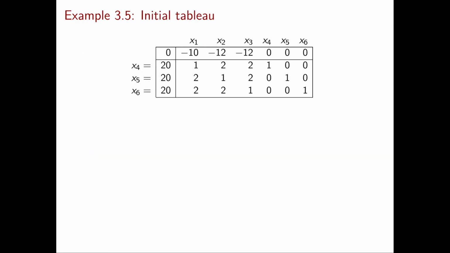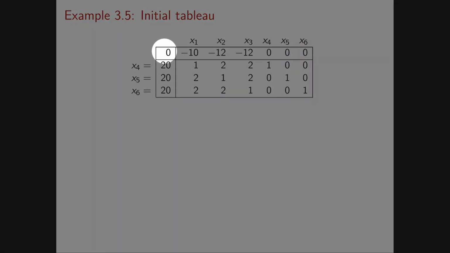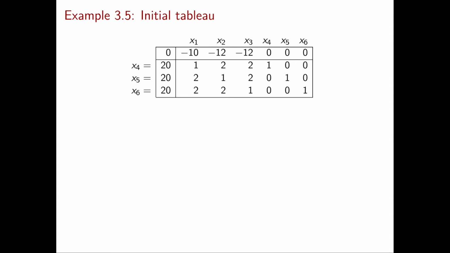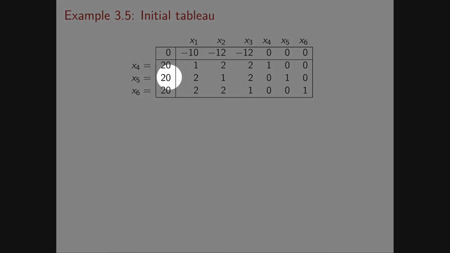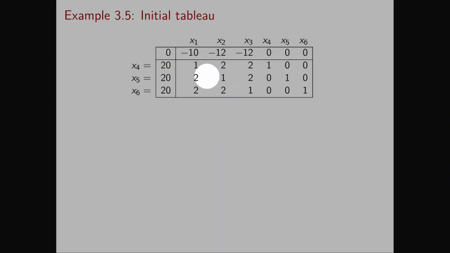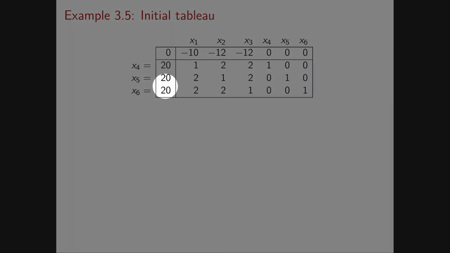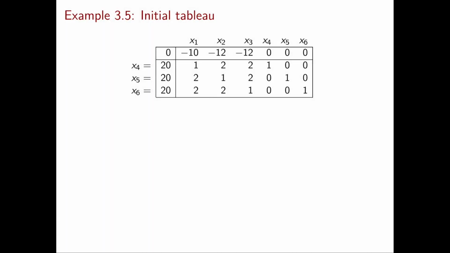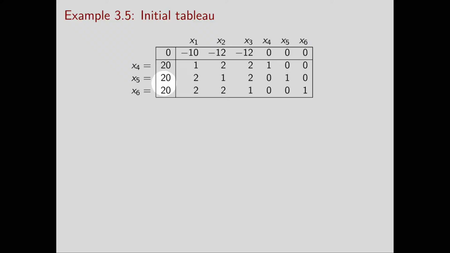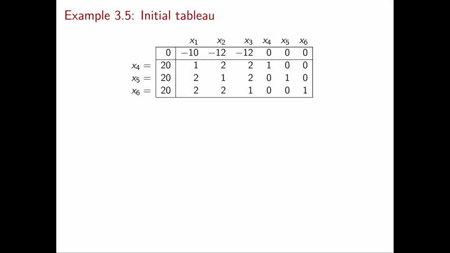Here it is. Here we have the negative of the cost of the current basic feasible solution. Here we have the reduced costs, which in this specific case coincide with the coefficients of the objective function. And then in the remaining rows of the tableau, we have here B inverse times the right-hand side vector b. And once again, since B inverse is the identity, this is simply the right-hand side vector b. And then we have B inverse A, which again is simply equal to our constraint matrix A.